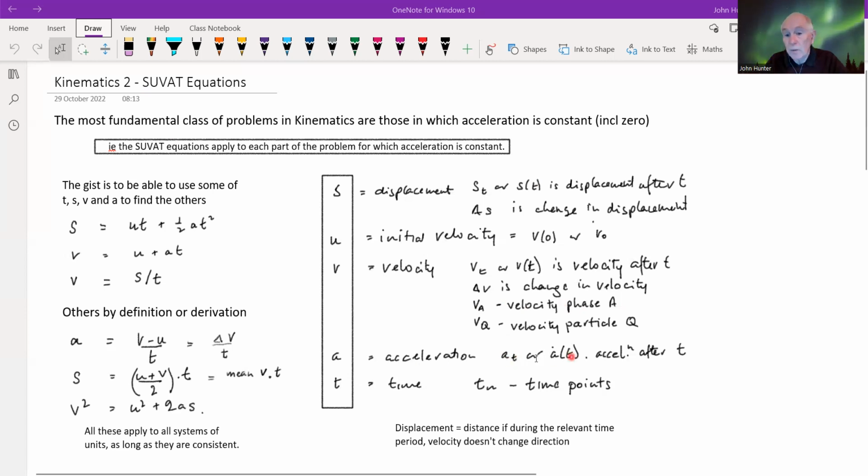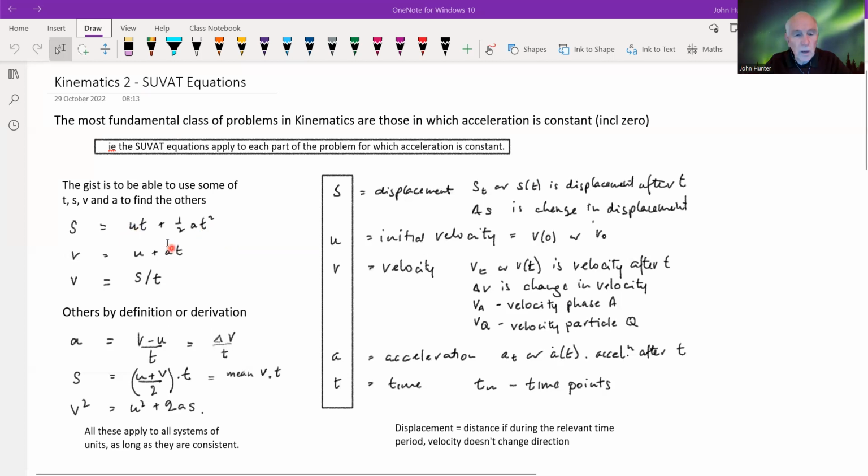Acceleration, in the same way, we may well have different accelerations, and time is just time, of course. But again, if we have time points that we don't know the value of, and we have, say, two of them to calculate, then we may wish to use a subscript for that. Okay, so those are the variables. As far as the equations themselves are concerned,